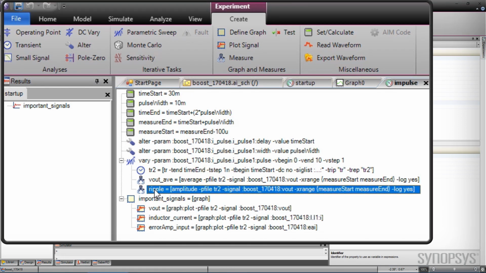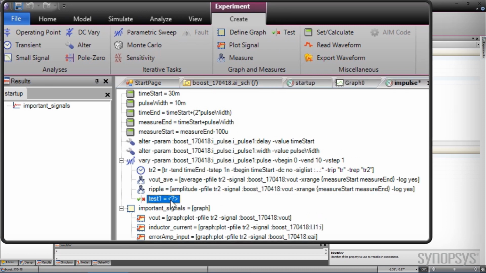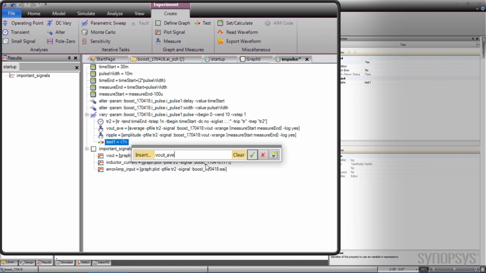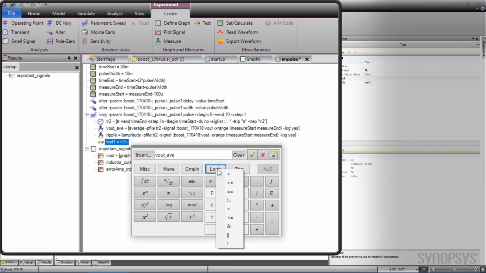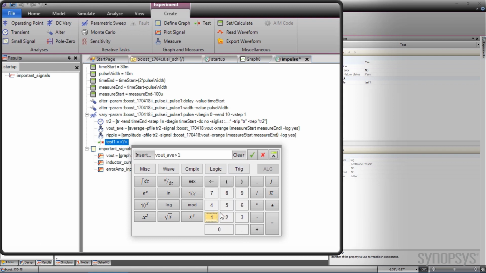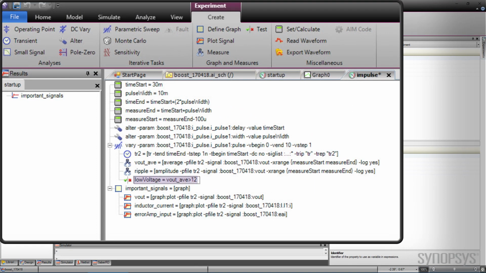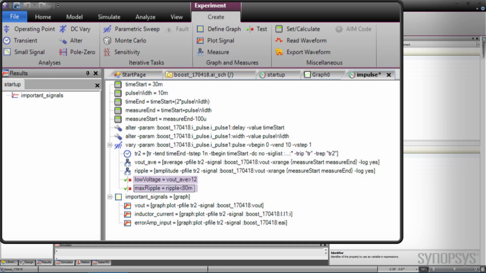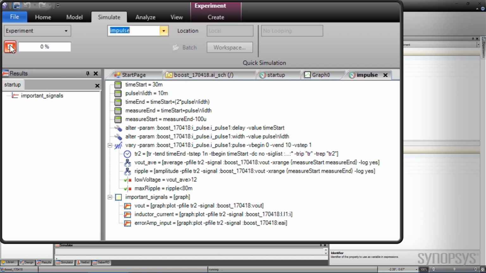Pass-fail indicators are added by selecting the test operation. The calculator can be used to set the test, or it can be typed in. Tests are created for both measurements. A test is made to see if the average value is above 12 and if the ripple voltage stays below 80 millivolts. Executing the experiment runs a series of simulations corresponding to the parameter sweep, and an experiment report is